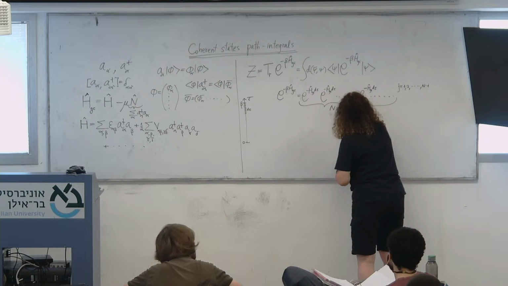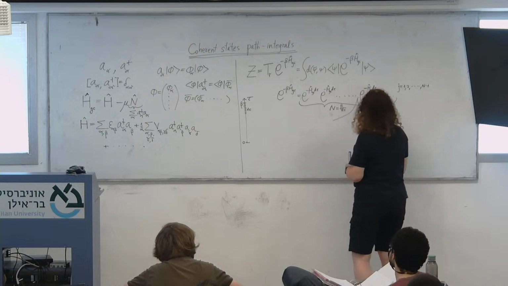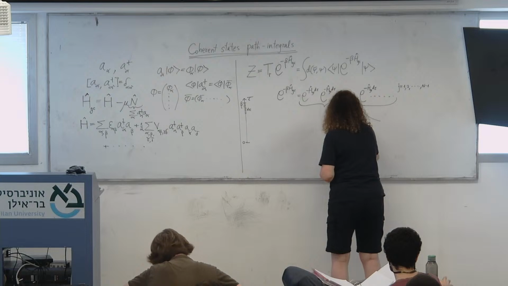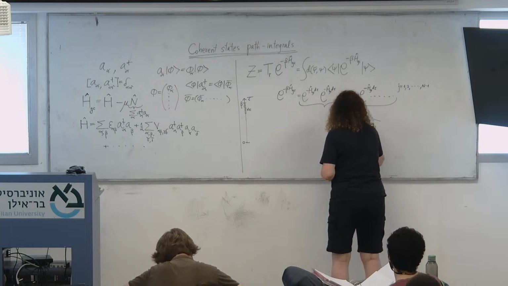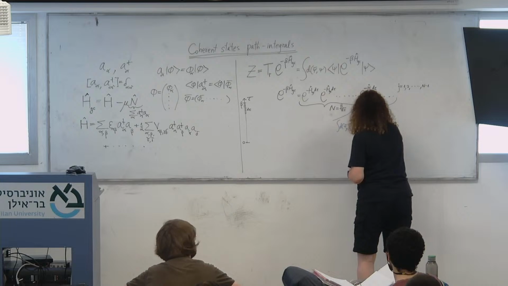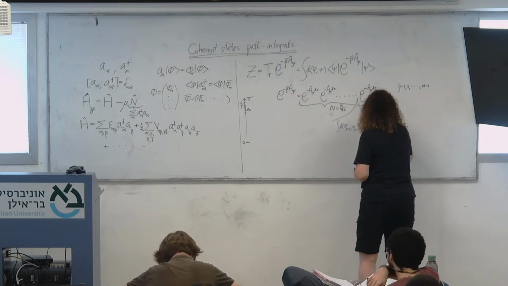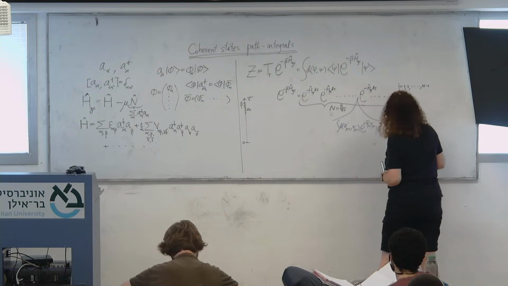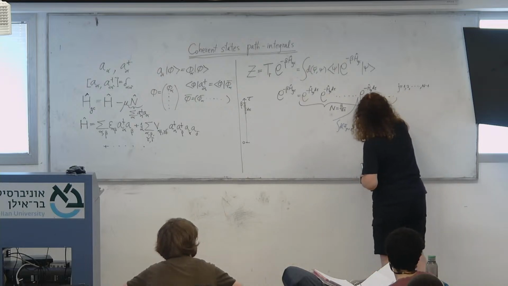So I'm putting a resolution of identity: psi j plus 1, psi j plus 1, e to the minus psi j plus 1, psi j plus 1, times psi j plus 1, psi j plus 1. And similarly, on the other side,